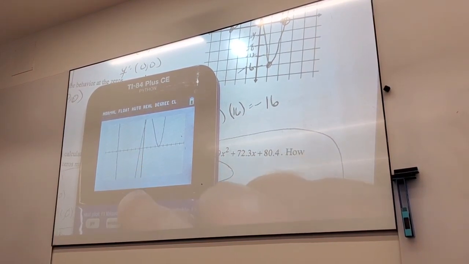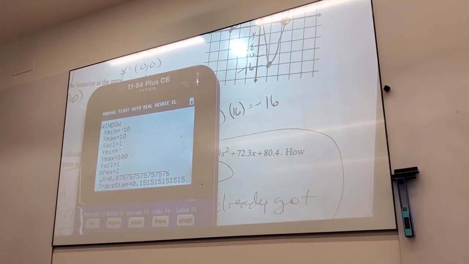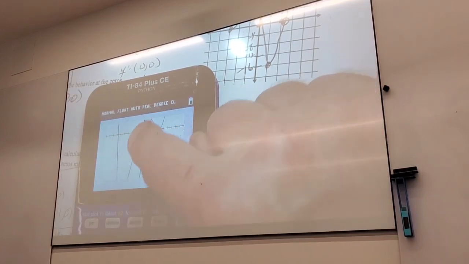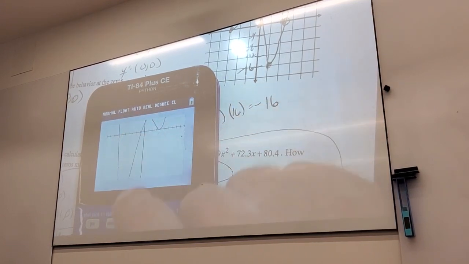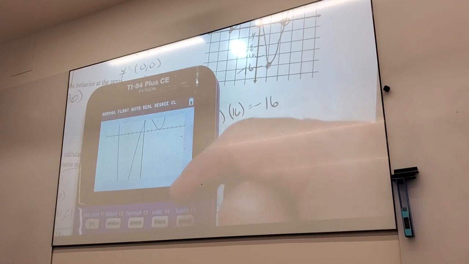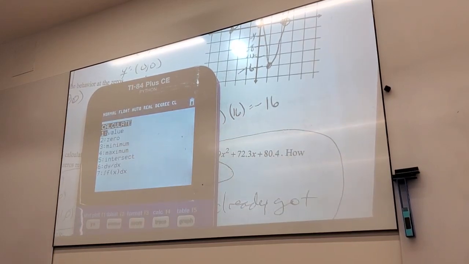This side's looking a lot better, so let me make the y min even lower. Okay, I can see now it looks a little more parabolic here, yeah? You guys with me? Because I know there's an answer, there's a turning point down there somewhere. So let's see, if I try to do second calc 0,